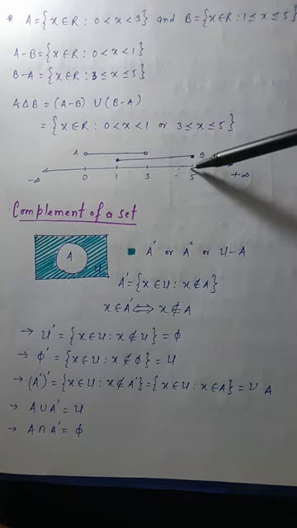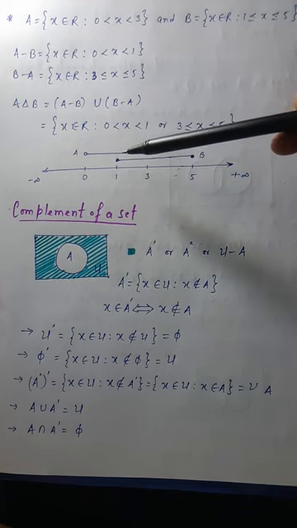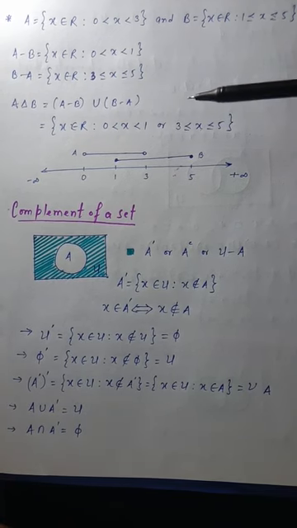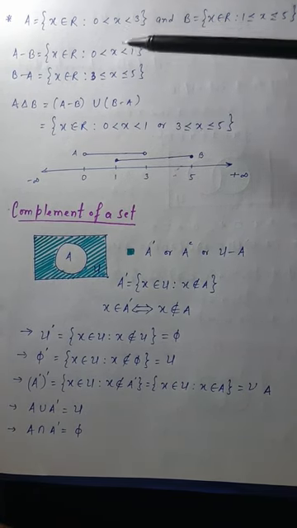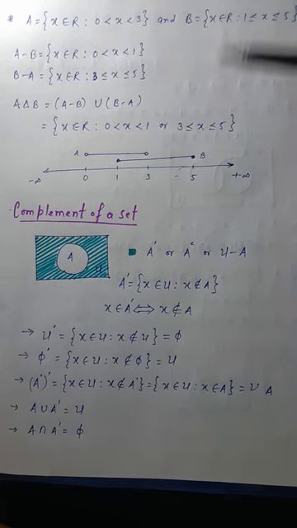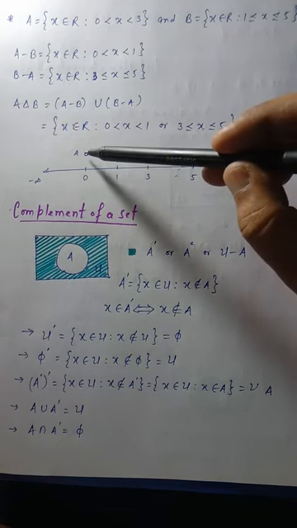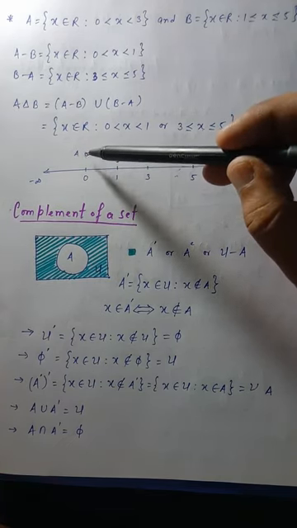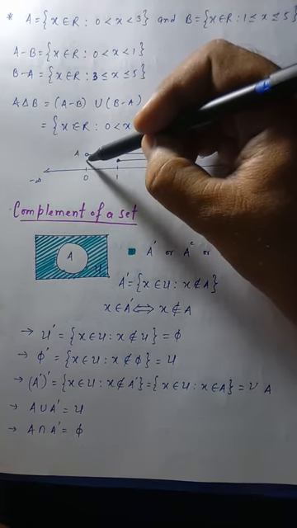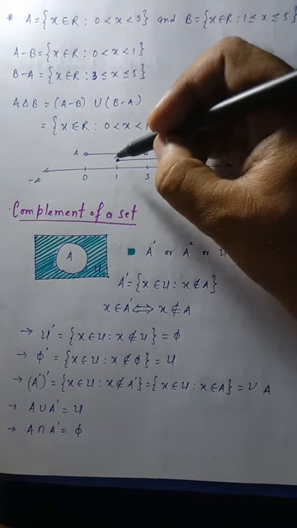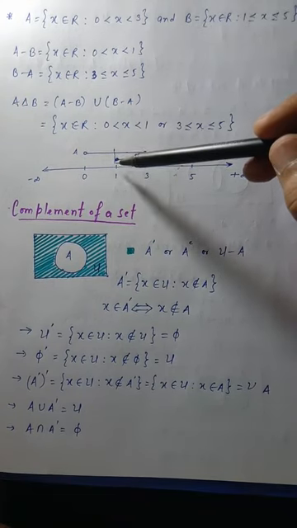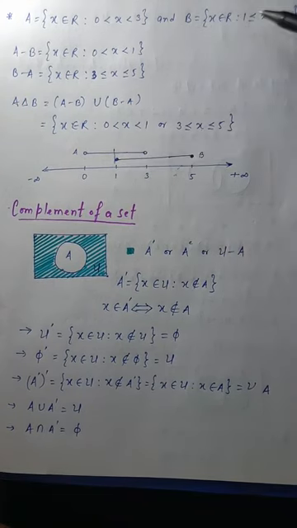So above 1 and above 5, write a solid circle and join this line. Now you can clearly observe, while writing A minus B, we will take only elements which are present in A but not in B. So you can see those elements which are present in A will start from here. So x belongs to, x is greater than 0, and finally it will be here because when we take x equal to 1 it will be in set B. So we will leave it.